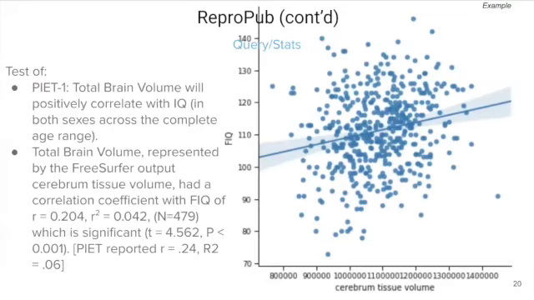So we can look at our various hypotheses. This first one was that total brain volume will correlate positively with IQ in both sexes across the complete age range. We observe a similar thing, and so we've confirmed that first one in a now completely re-executable way, as opposed to the meta-analysis that original finding was from. So great, that could then be extended and can live as more data becomes available, and be probed more explicitly and examined to see if different tools or different statistical approaches alter that main conclusion.